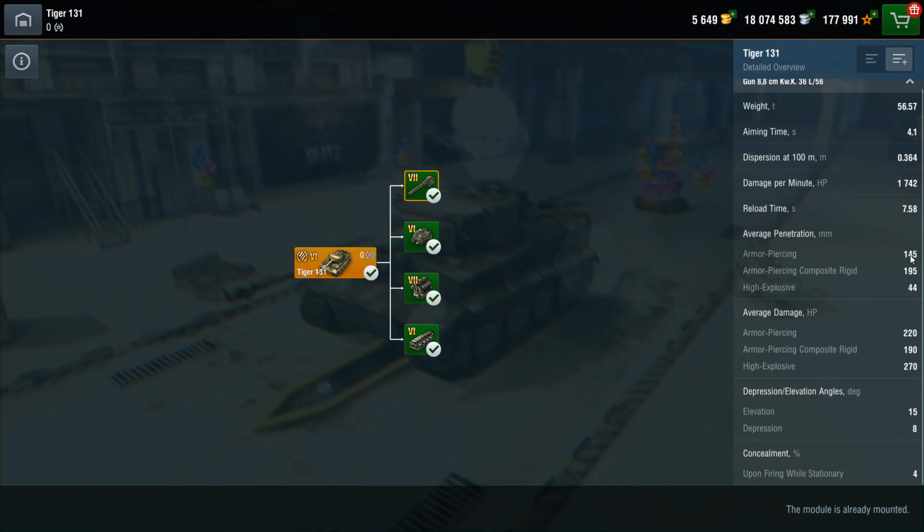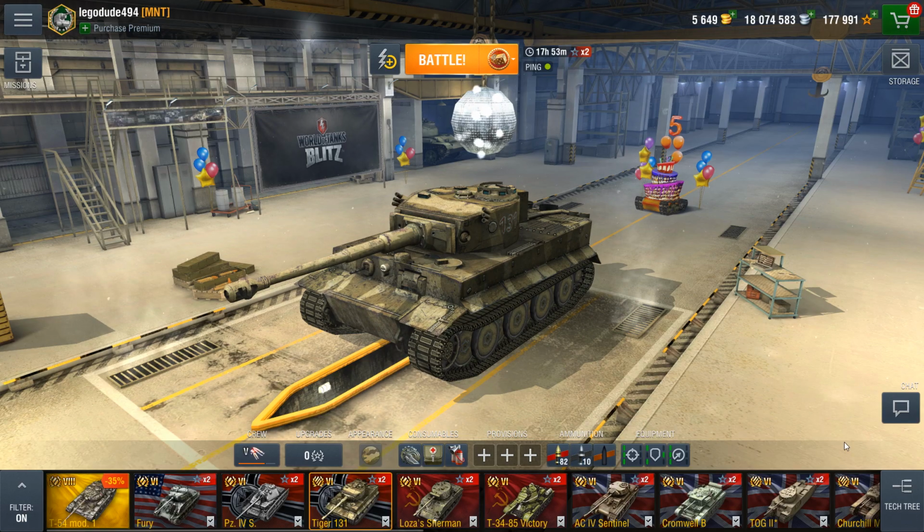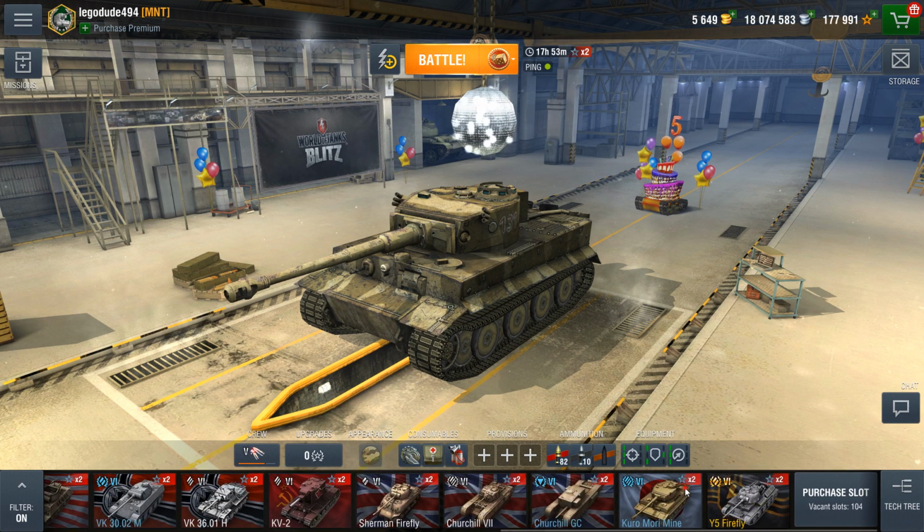Average pen 145, 195 with APCR and 44 with HE. So not quite enough to get through the frontal armour of a Churchy, which is 151, but it's still decent enough to get through most mediums and heavies at this tier. Average damage 220, 190, 270, pretty much the same as the 88 on the stock Tiger and also on the anime Tiger. Indeed, if we compare it to the anime Tiger